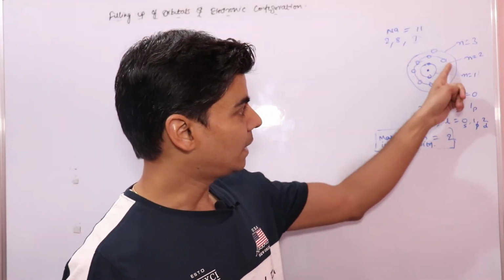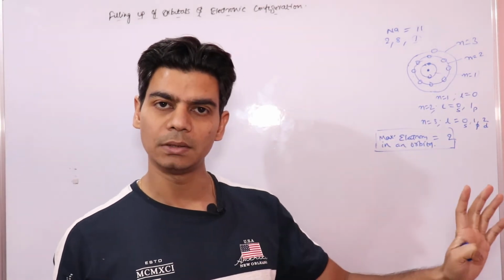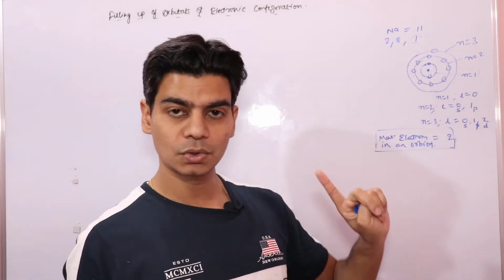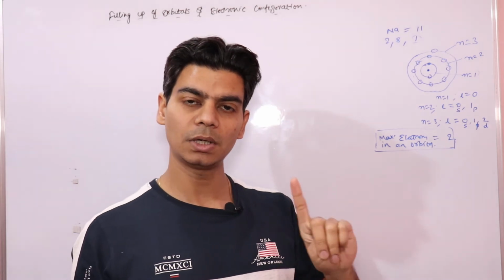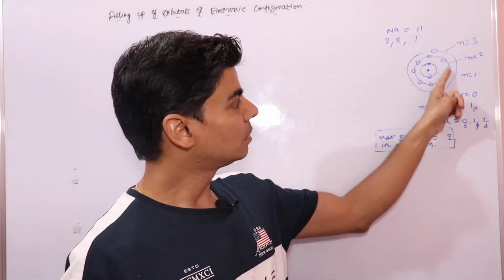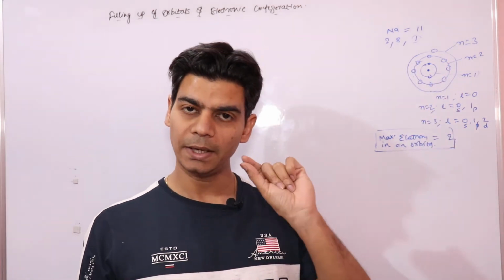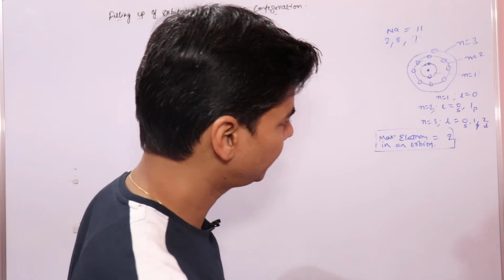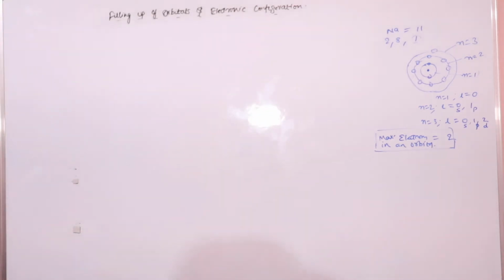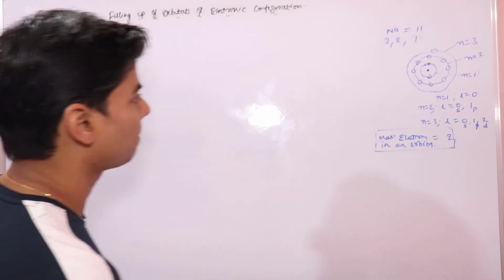Now this shell, we now know, consists of subshells, that is orbitals. So we would be filling up electrons not only in this main shell. Now we will see how electrons are distributed in various orbitals that are in this main shell. And we know that any orbital consists of a maximum of 2 electrons. Now we'll look into the various rules that govern the distribution of electrons in various orbitals.